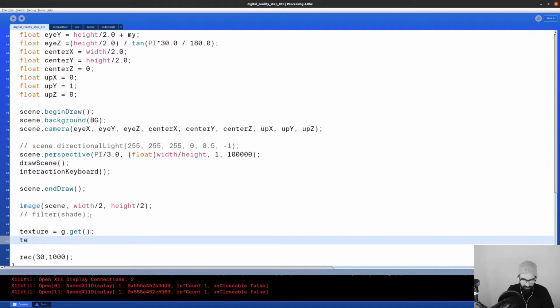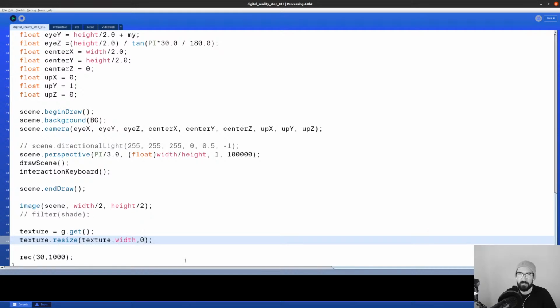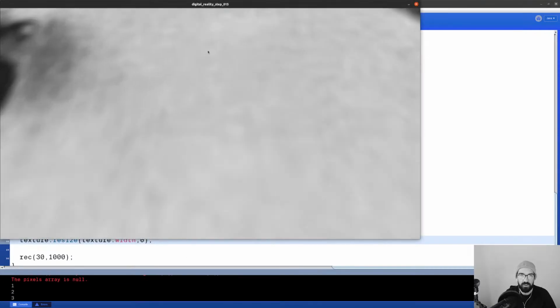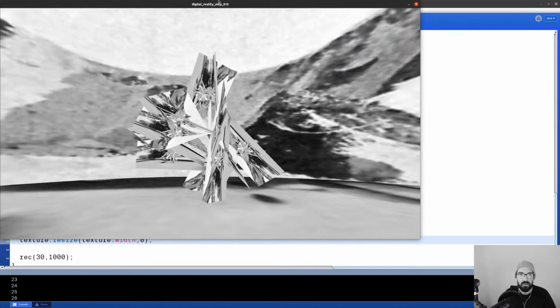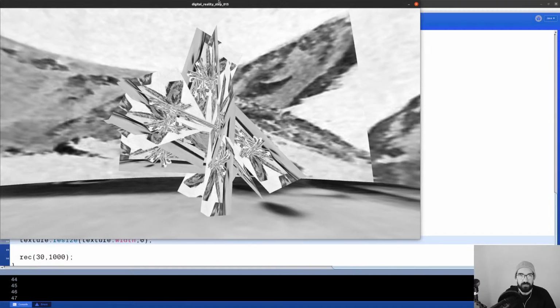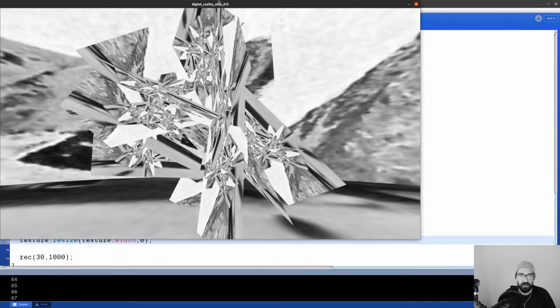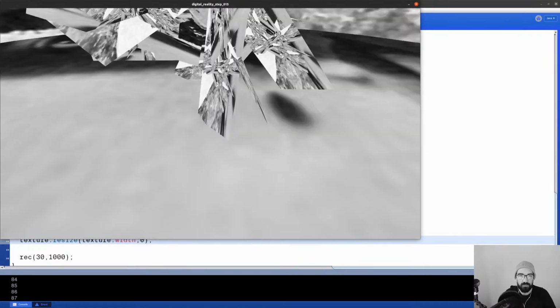What happens if I say texture.resize, parentheses, and then texture.width, comma, 0, which means that we will want to keep the aspect ratio. Probably this is going to be very slow because it has to recalculate the images. No, it doesn't have any effect on the performance,